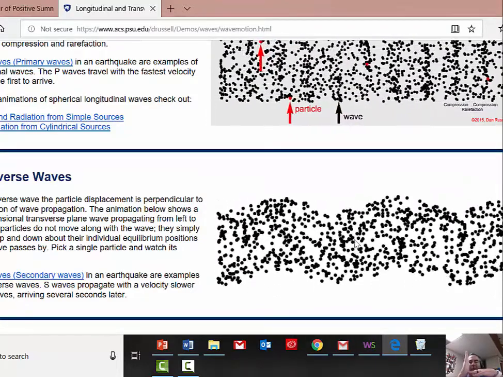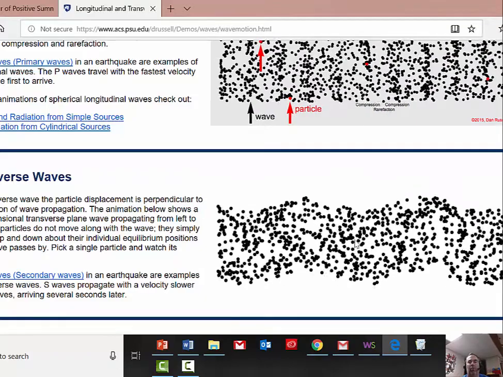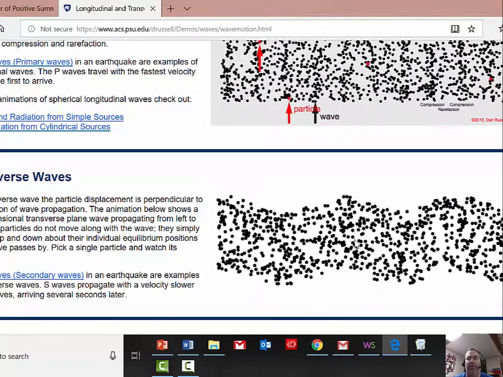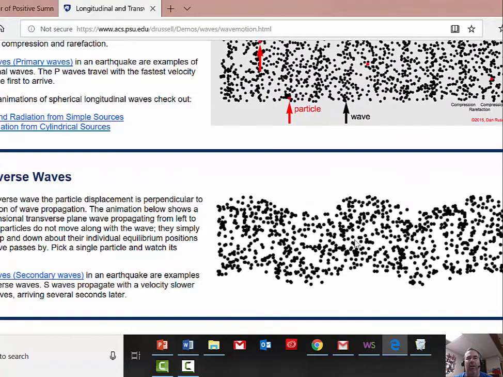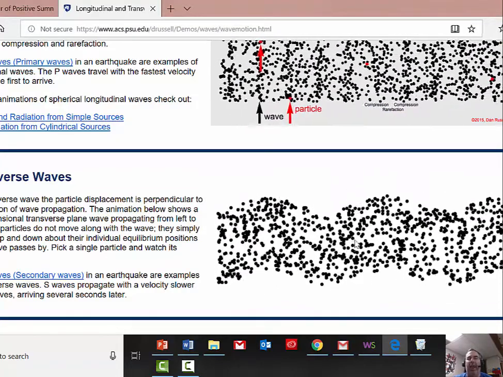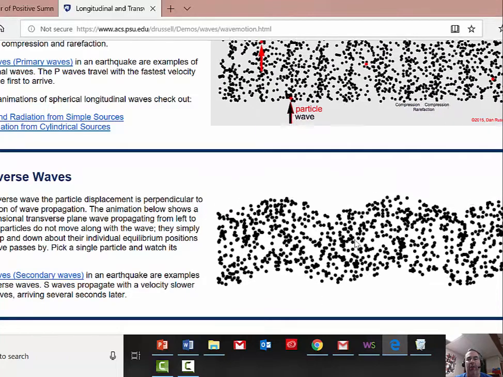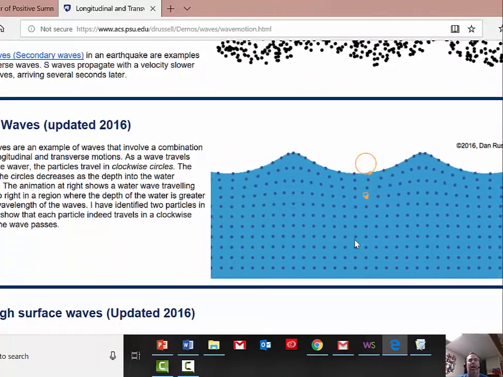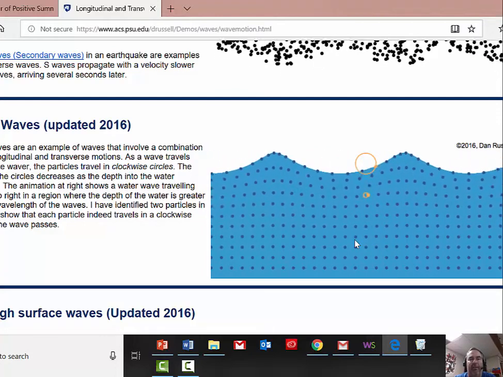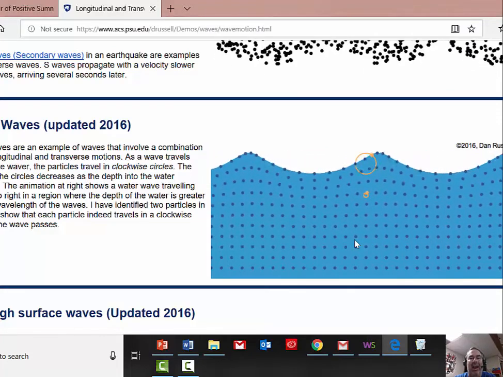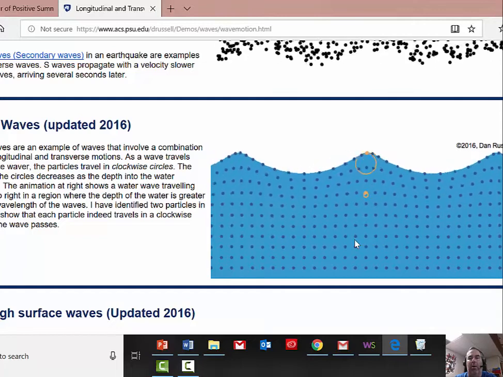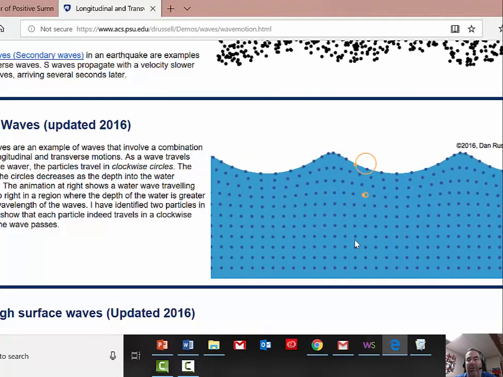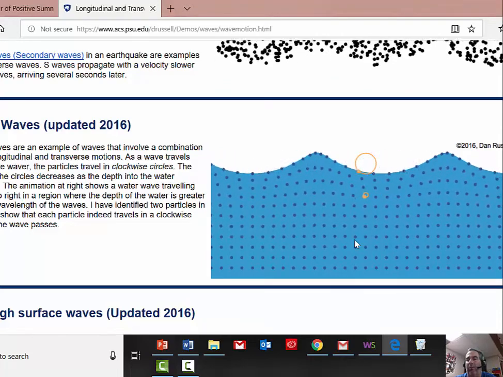The last one was the surface wave, and I said it has a little bit of characteristics of transverse and longitudinal. It's going at right angles, but it's also going parallel. This is what's going on when we talk about a surface between, say, air particles and liquid particles. We've got air up here, but we've got water down here. You can see here, it looks pretty much like a transverse wave, where this whole wave is traveling across the screen. But what we want to do is look at the medium. How is the medium acting?